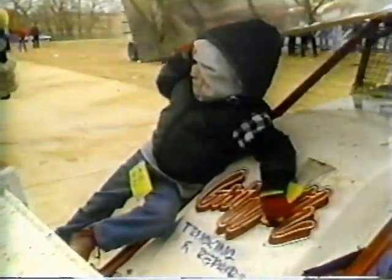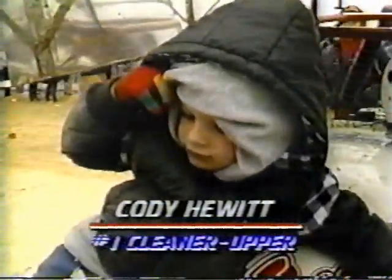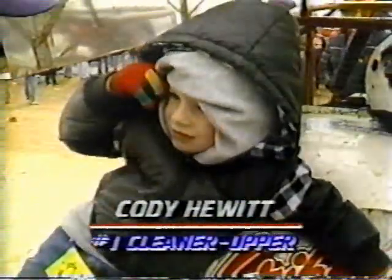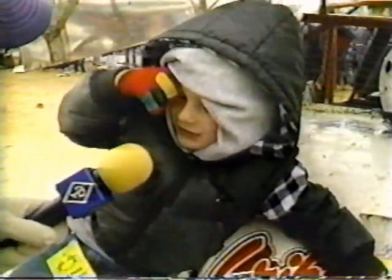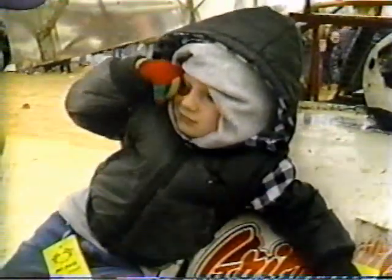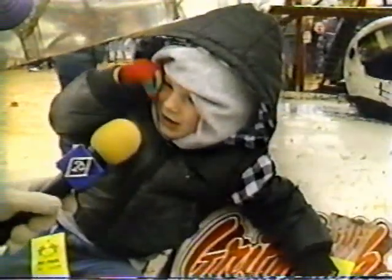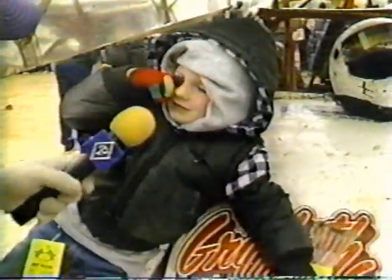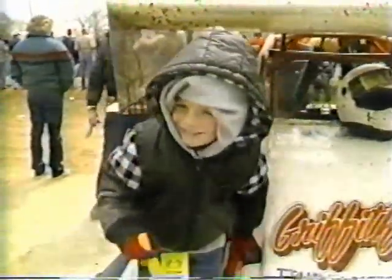That's Cody Hewitt. Cody, how old are you, son? 3.5. 3.5 years old. Now, what does Daddy tell you to do with this ice scraper? I don't know. You don't know? Well, I see you working pretty hard. I know, when he races, I just clean it off for him. That's a pretty important job, though, isn't it? Yeah. How many races do you go to with your dad? I don't know. You don't know? Okay, but the whole family goes together sometimes? Yeah. Okay. Well, I'll let you get back to work. There's still a lot of mud you got to get off of here. Uh-huh. Okay, thanks. Well, clearly Evans broke Cody's concentration, so he'll get back to work